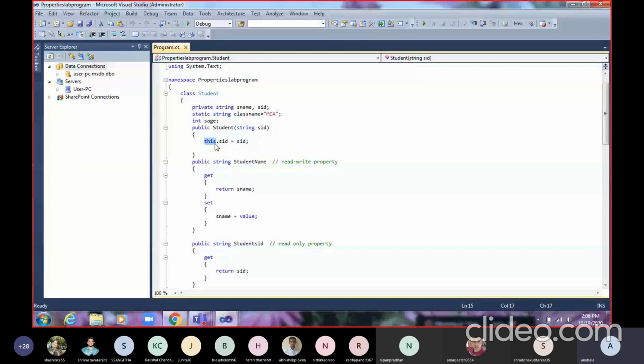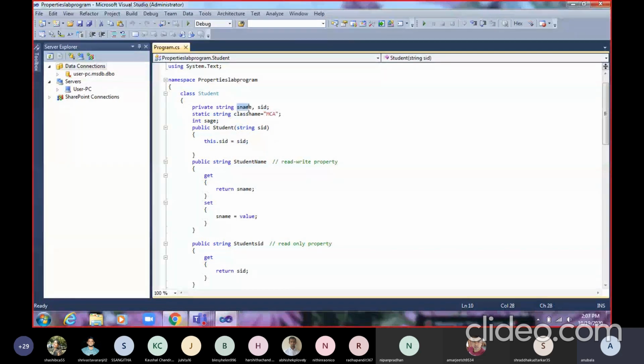What I want to do is, whatever value this constructor receives will be given to the SID data member of the current object. So this.SID will receive the value, and SID will be set like this. Now what are we left with? We are left with the S name also.